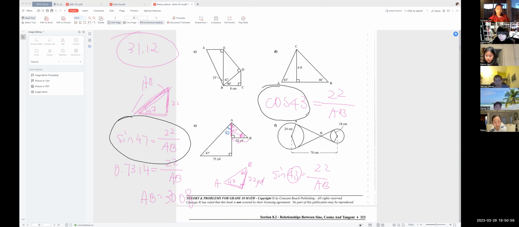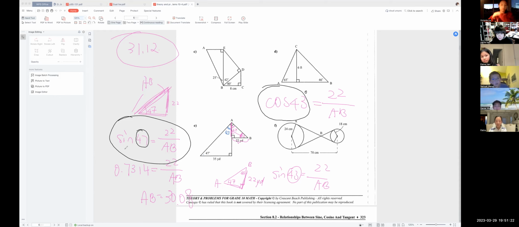Cosine 43, everybody. Everyone look carefully at the screen, eyes on me. Look at Oliver, are your eyes up? Okay, so I want you to take a look at this